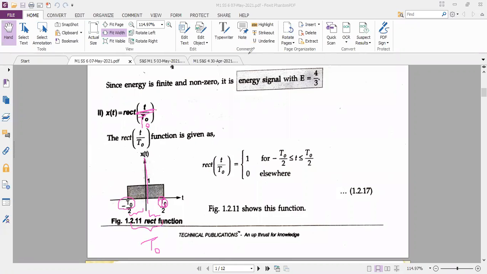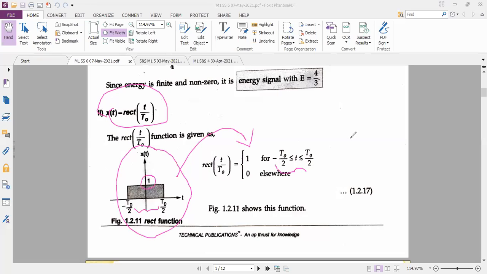So this you have to write by yourself, the diagram and the time division, everything. In the question, they will give only the expression. They do not give this diagram. So using the given expression, you yourself should understand how to draw the diagram. I hope I made you understand. Why is it plus T naught by 2 on the right-hand side and minus T naught by 2 on the negative side? And the amplitude is always 1 for any triangular signal or rectangular signal. Once you draw the diagram, you can rewrite the given question with the value of t.